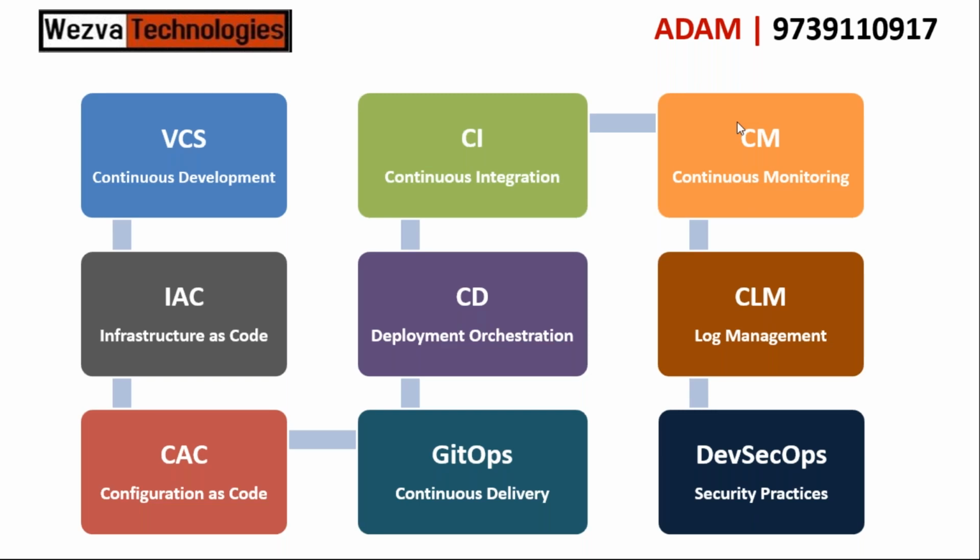Okay. And then comes a new concept called log management. Now people might think, what is this? So when you are doing continuous monitoring and trying to make sure that your application and machines are working fine, what happens? In order to debug some problem, you need some logs, whether it is an application log or a machine log. So where are you going to get that?